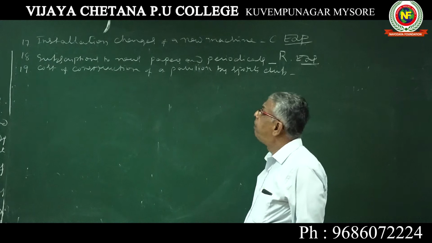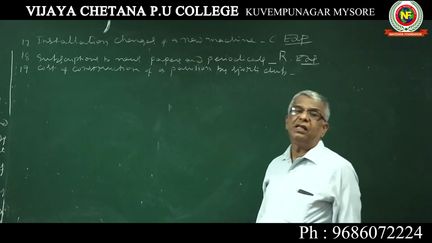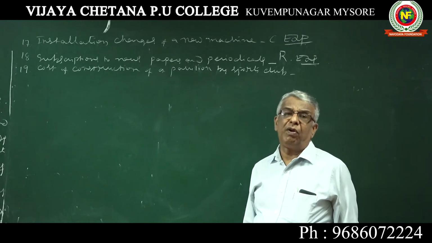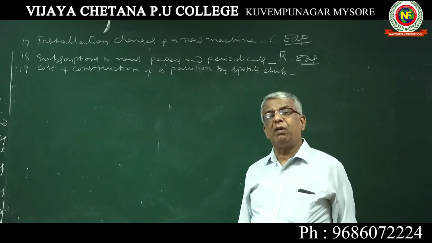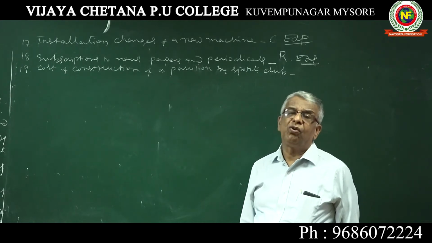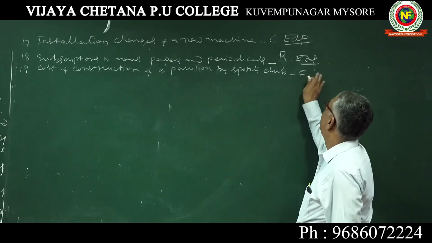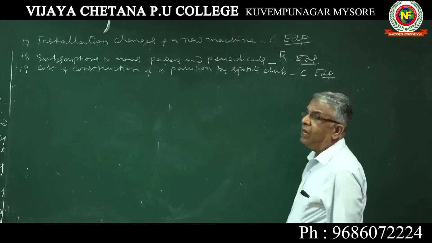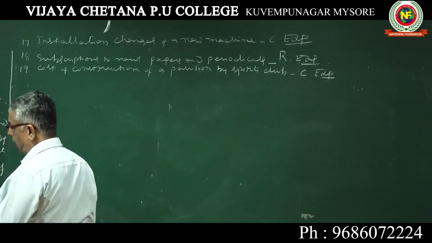So whatever amount is spent in construction of a pavilion by the sports club is a capital expenditure, because they are not going to invest money in constructing the pavilion repeatedly. Once they have invested in constructing a pavilion, that pavilion may be used by the sports club over a number of years. So therefore, it is considered as capital expenditure. And then, donation received for constructing a swimming pool.